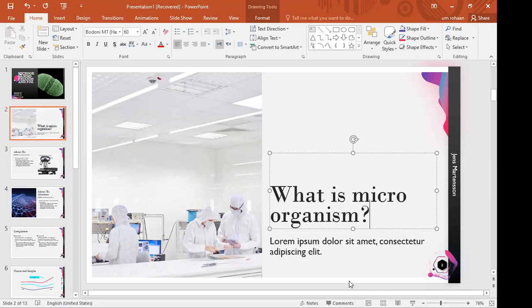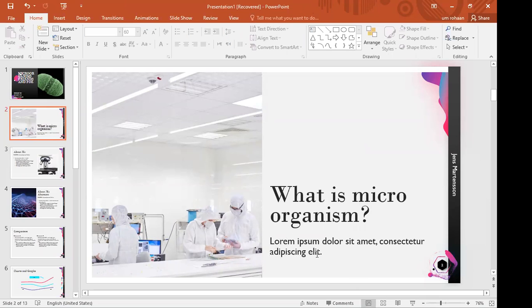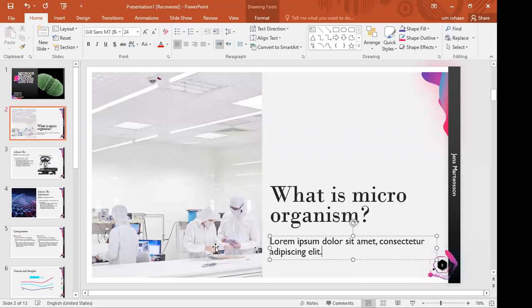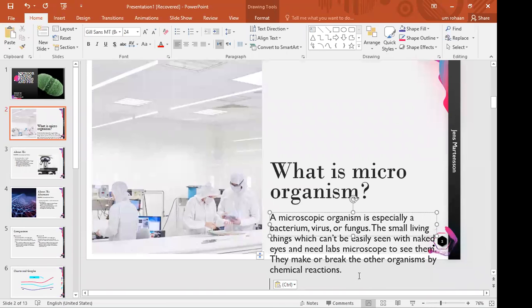Here you will write the definition of microorganisms, that they are small living things which cannot be seen from the naked eye. Got it? I will edit it for you so you are able to see it. This is the question. What is microorganism? And this is the answer. I will copy from here, and here I will come and paste it. Okay, got it?